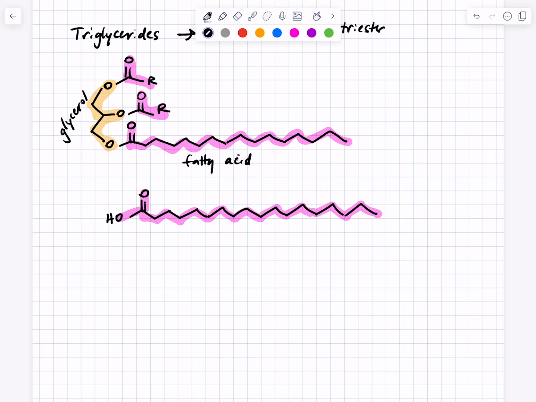Now you tell me at pH 7, what form should that adopt? The pKa of a carboxylic acid is around 4. So if pH is 7, is that proton still there? Nope, it's gone. The solvent water removes the proton, and you end up with the carboxylate. So this is the form, the fatty acid carboxylate